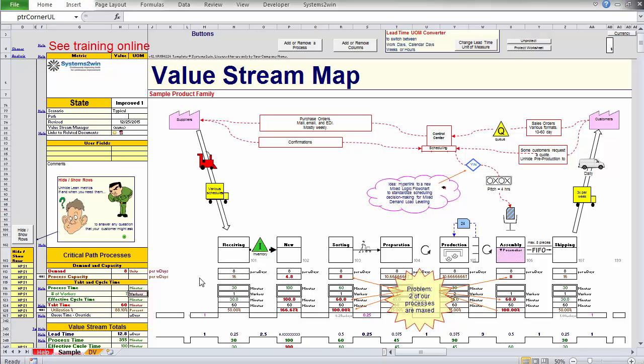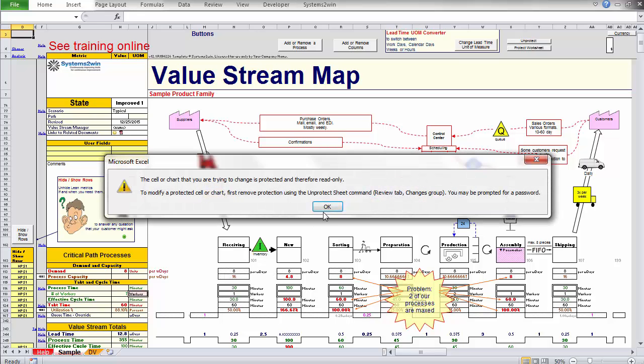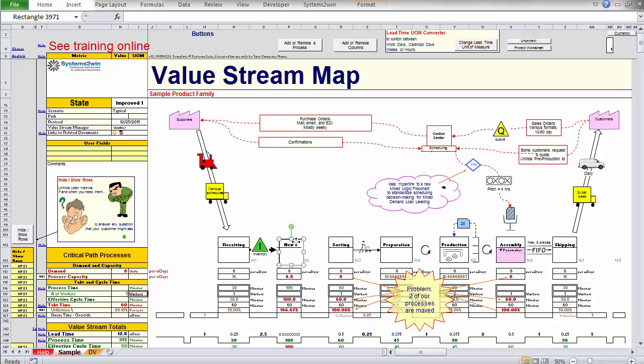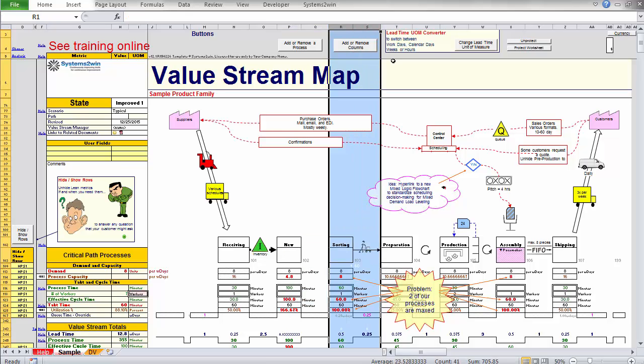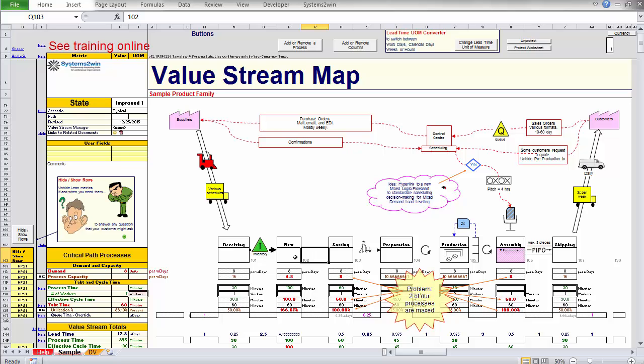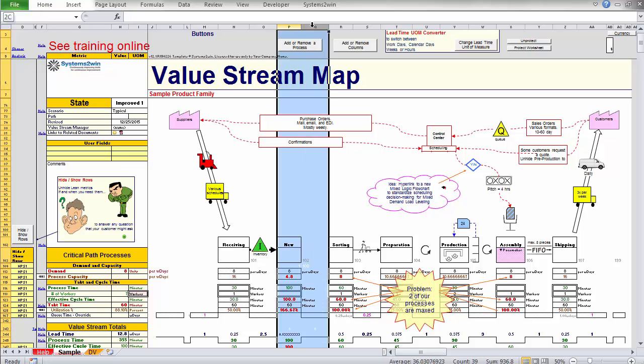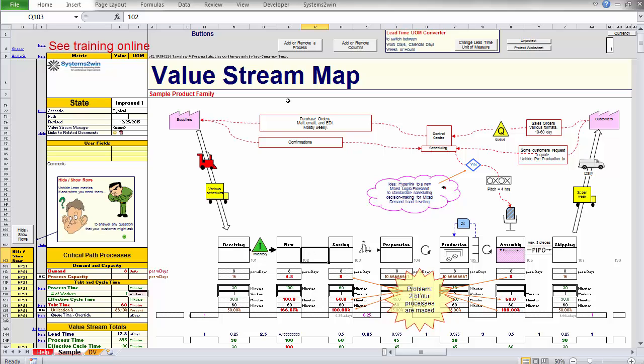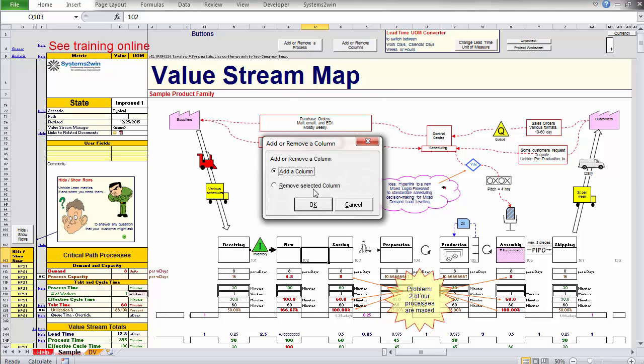So let's say that someone within our group who's smarter than average says, hey, wait a second, that new process that we just added right there, couldn't that happen simultaneously at the same time as sorting? In other words, both of those things are happening at once, and then they could both feed this preparation process downstream. So instead of being sequential, they could be simultaneous. So you go, hey, that's a great idea. So you select the cell. You already know how to do this. Let's get rid of that pair of columns. We select the cell and click Add or Remove Columns and get rid of it. So you already knew that.